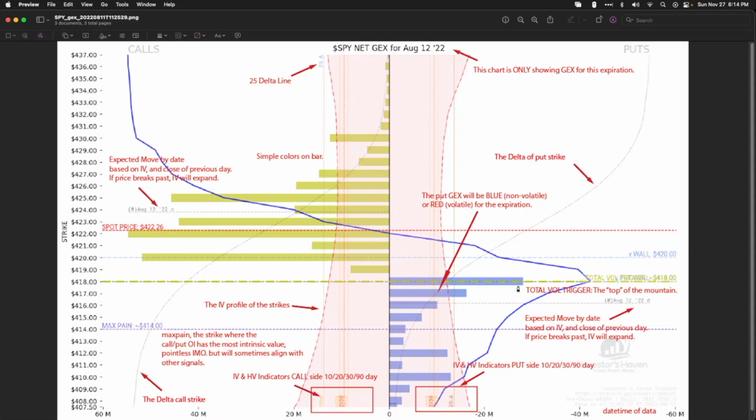And the dynamics are similar with put options, slightly more complicated. But those are the sort of fundamentals. We'll link in the description a lot that explains a little bit more why this works. But that's the basics that we're starting with.